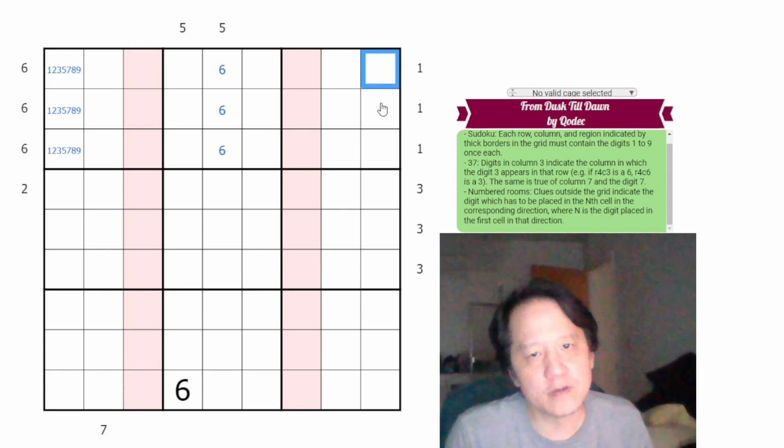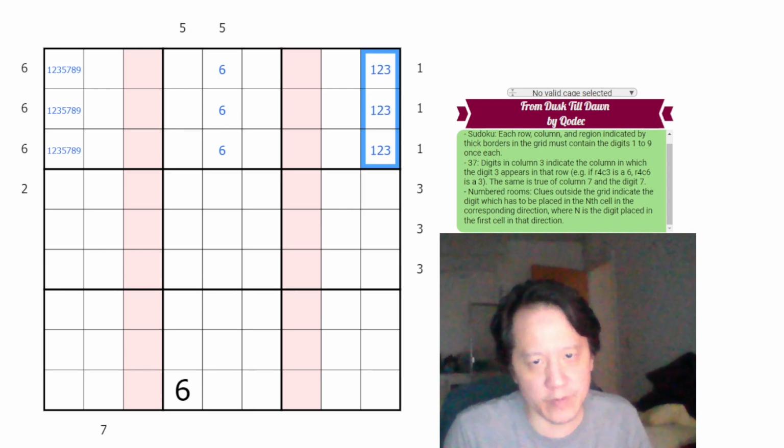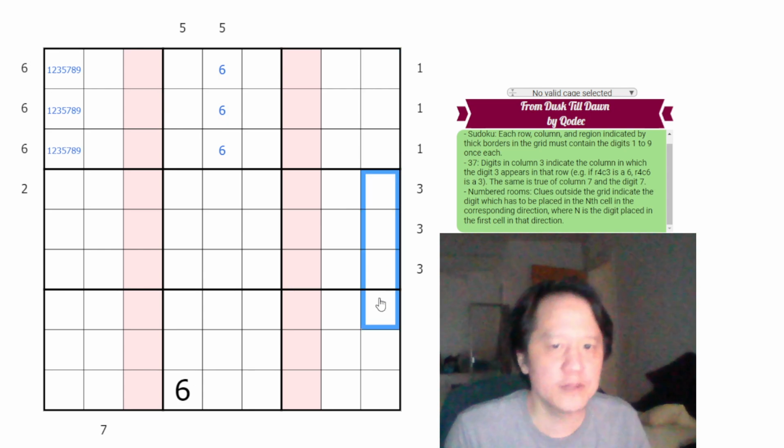It would be this way. Where can it be in box 3? It could be 1, 2, or 3. It could be 4, 5, or 6. So this one doesn't give us anything. Where can 3 be